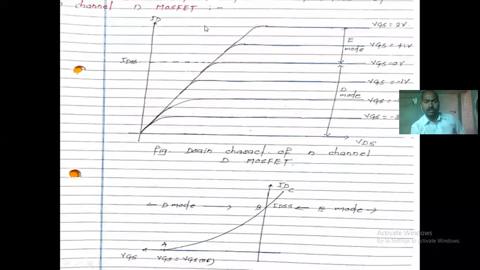Here is the drain current, and here is the drain to source voltage, right? The voltage across the device is increasing, but the current through the device is not increasing, right? As the Vgs value increases towards the positive, more current flows through the device. As Vgs goes towards the negative, more negative, less current flows through the device.